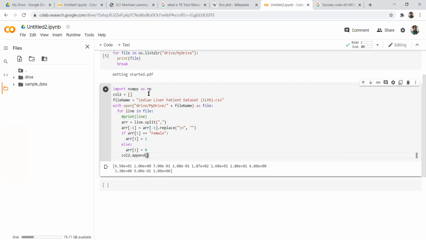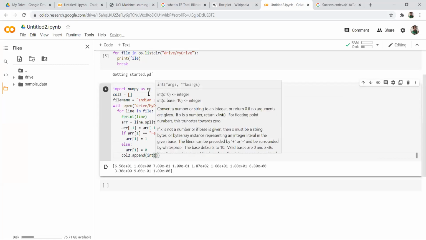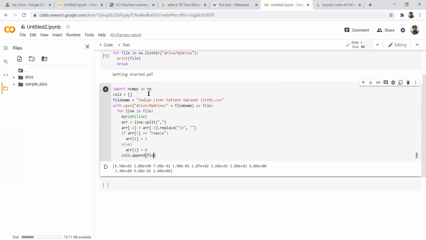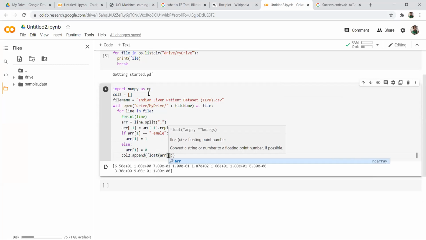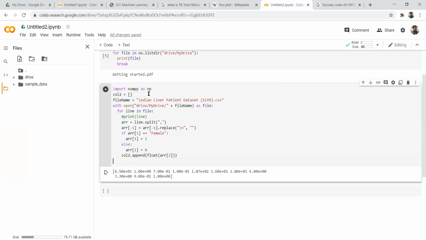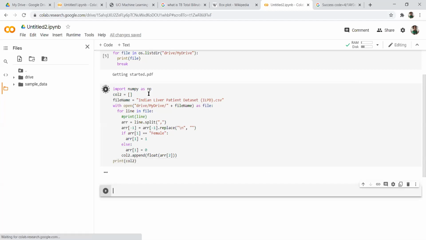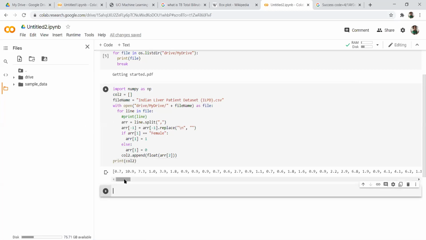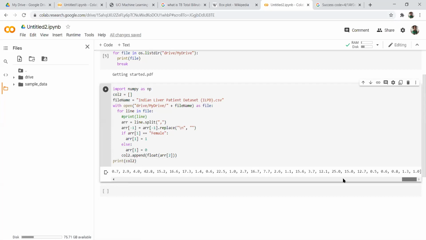While appending the value into column 2, I'm converting it to float because I know the original value is in string format. It is in single quotes, no? That is ARR of column 2. And if I print col2, I'll get the entire column 2.